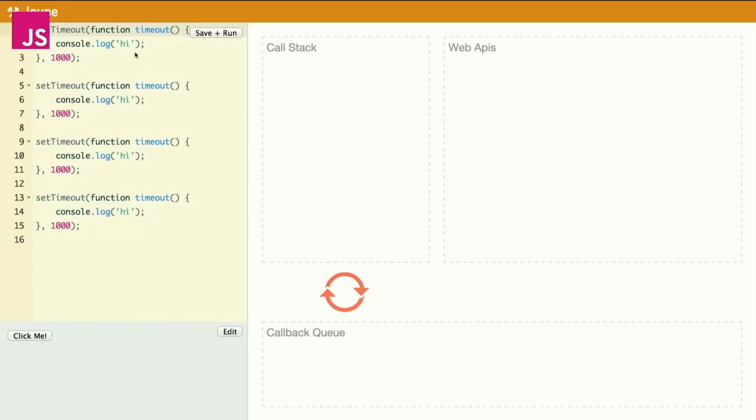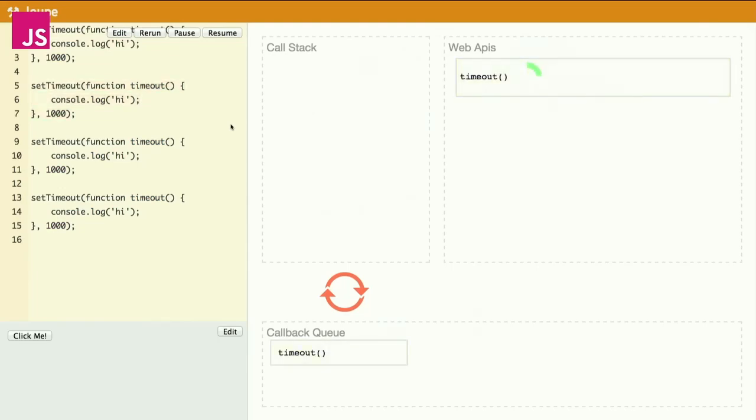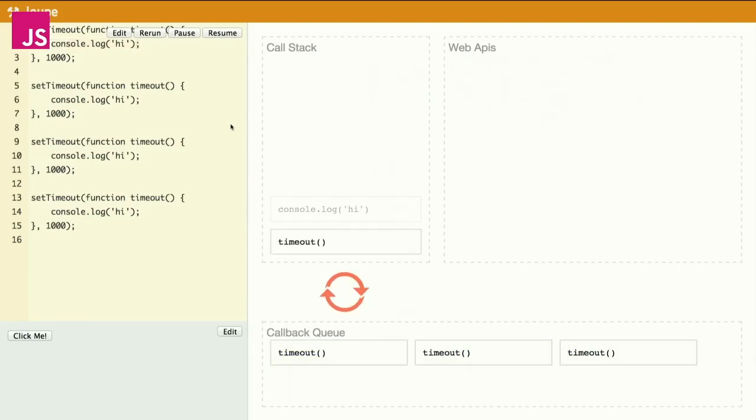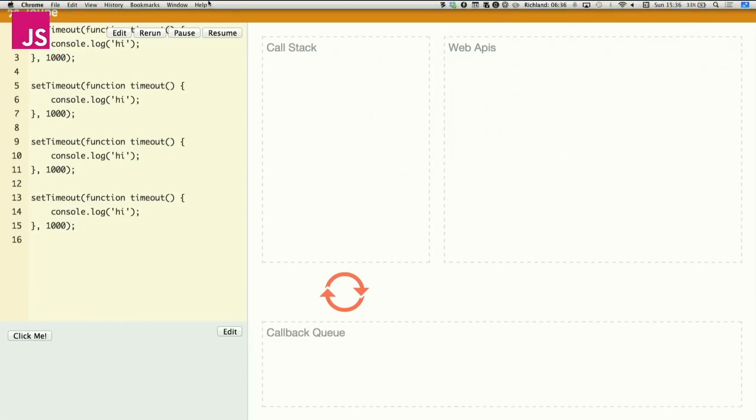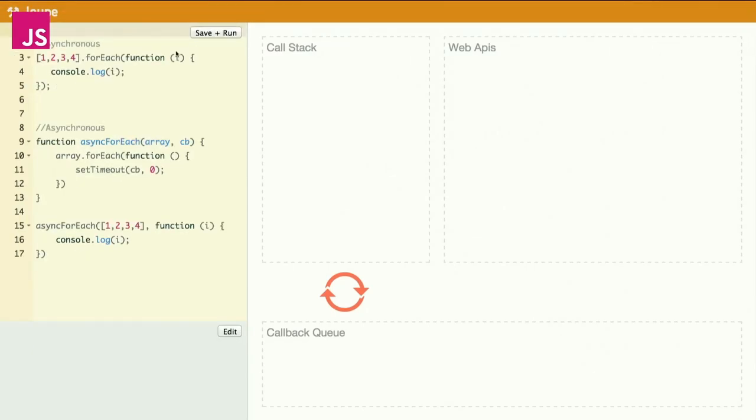So in this example, we call setTimeout 4 times with a 1-second delay and run console.log hi. If we run it, we can see that we run a few timeouts, but the timeout callbacks get queued. So that fourth callback, we asked for a 1-second delay, and it's still waiting. The callback hasn't run. Right? So this illustrates what setTimeout's actually doing. setTimeout is not a guaranteed time to execution. It's a minimum time to execution. Just like setTimeout 0 doesn't run the code immediately, it runs the code next-ish, sometime. Right? So in this example,